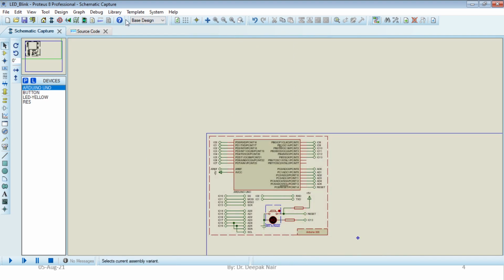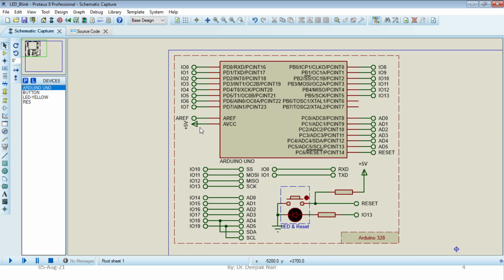Let us explore a bit about the options available. For example, I can click on this particular button, zoom to area. I will use this and drag an area where I want to zoom. I will click it there, and this is my Arduino Uno board. Now the question is, it does not look like the Arduino Uno board. So how can you correlate whether this one is an Arduino Uno board or not?